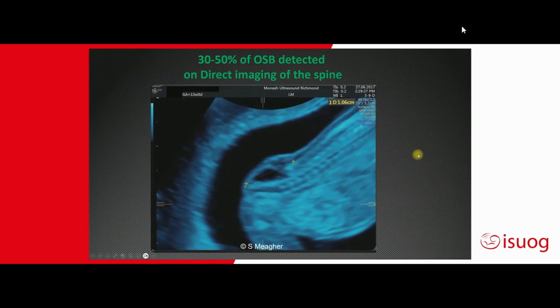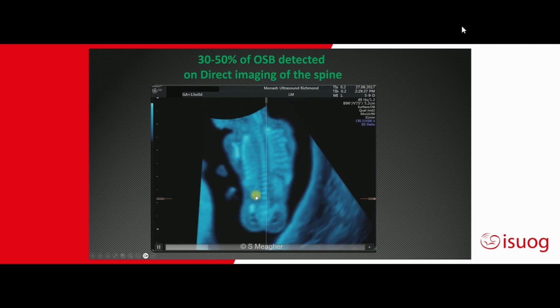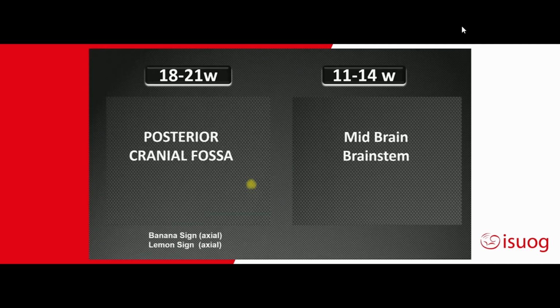Okay, spina bifida is being addressed later on this morning, but let me say 1 or 2 points about it. About 30% of spina bifidas will be identified by looking at the spine directly. For the remainder, we have to rely on the intracranial markers to make these diagnoses. When you look at the intracranial markers, I do want to make one important point. We look at the posterior cranial fossa in the second trimester of pregnancy, but in the first trimester, the more reliable markers on all the published data to date are the midbrain and the brainstem,